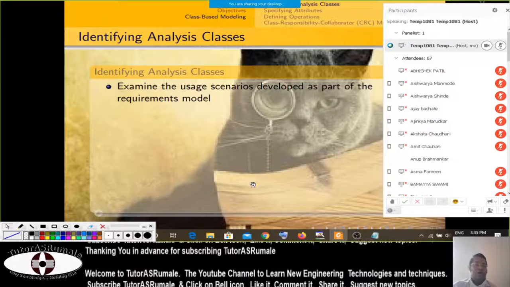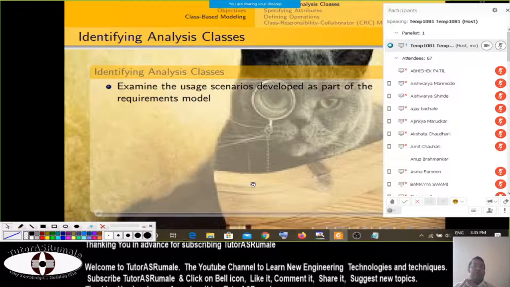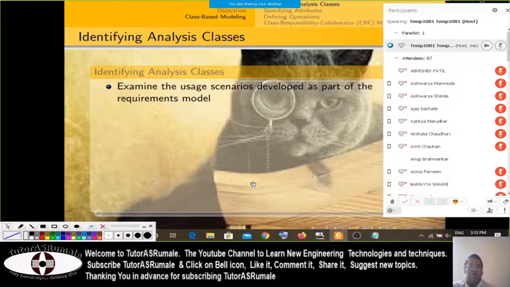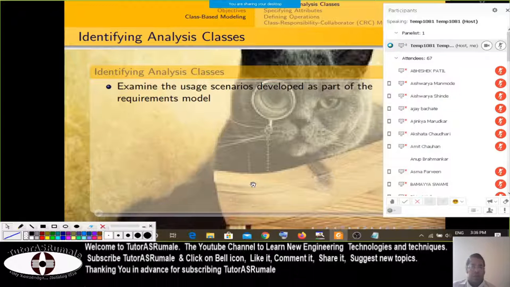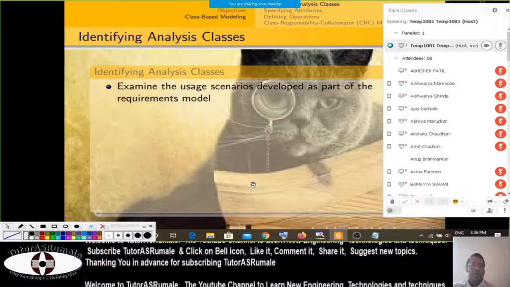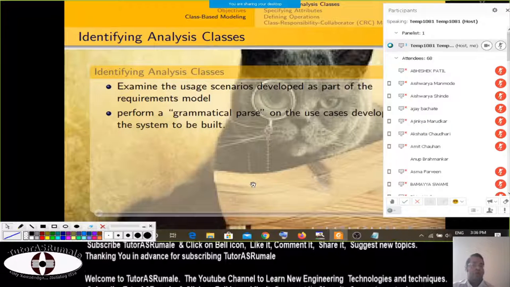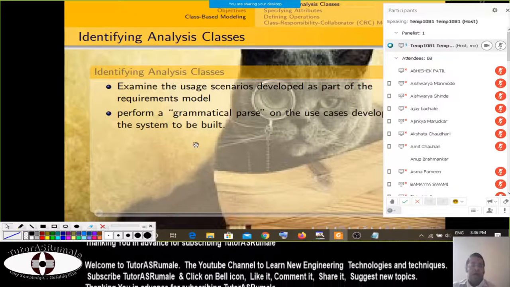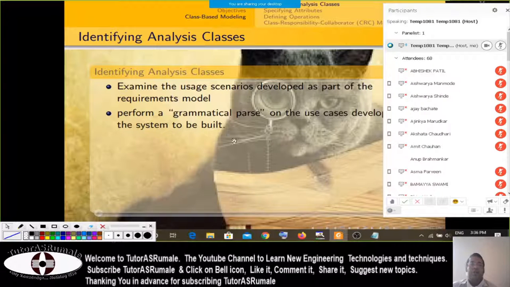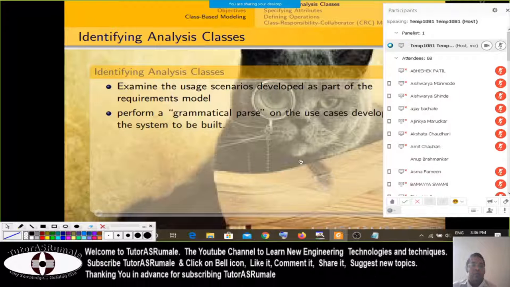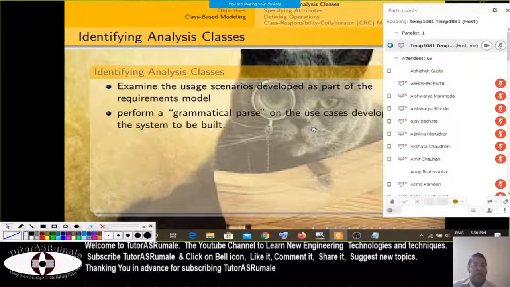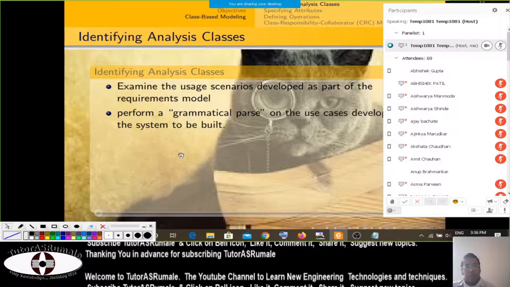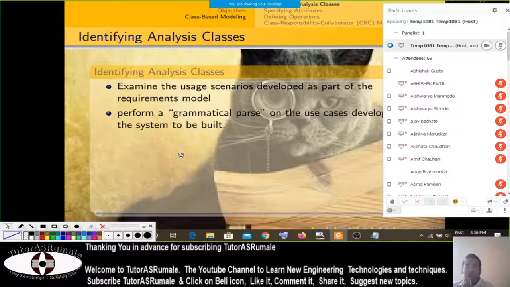So what we require is how to identify the analysis classes, or how to examine these classes. Obviously, if you want to examine all these classes, we need to go through our use case model. When we have this use case or scenario-based model, we grammatically parse the use cases developed. For example, you can say the end user can log in, or the end user can register. We already know that there must be some database which requires certain attributes and certain things which can help the end user to register himself or herself. And that is what we call the